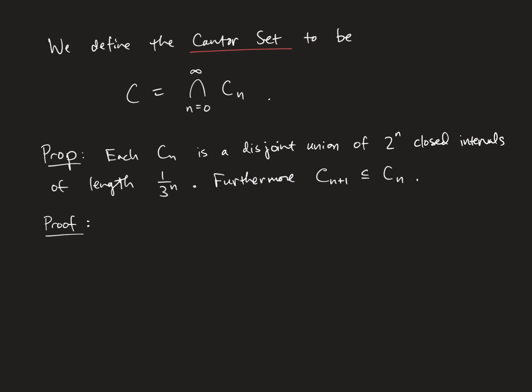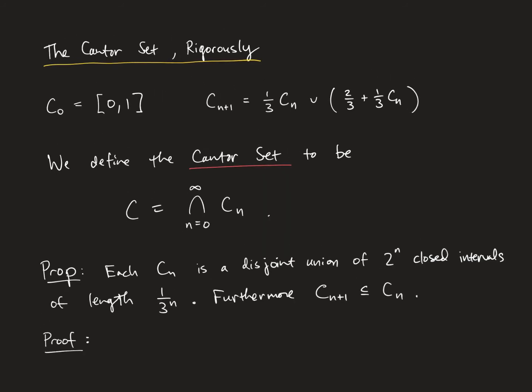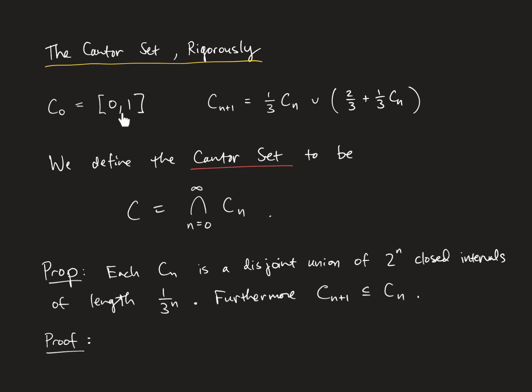So the first statement of the proof is a straightforward induction. It's clear that it's true for C0, and then in the inductive step, if you have that Cn is a disjoint union of 2 to the n closed intervals of length 1 over 3 to the n, you just write down that union, and you apply this operation to it, and what you're going to find is that